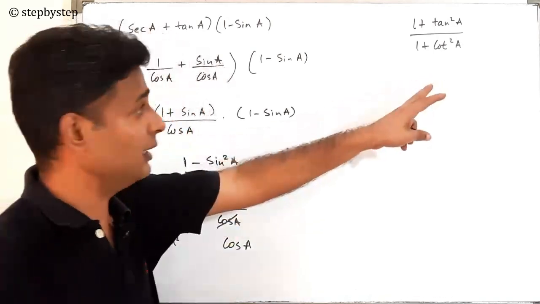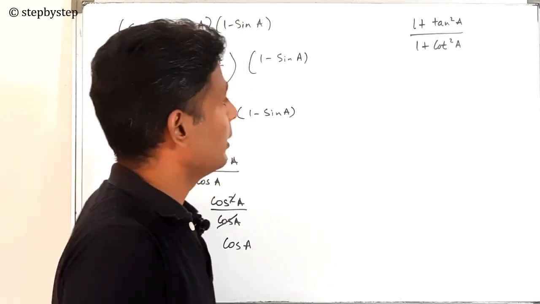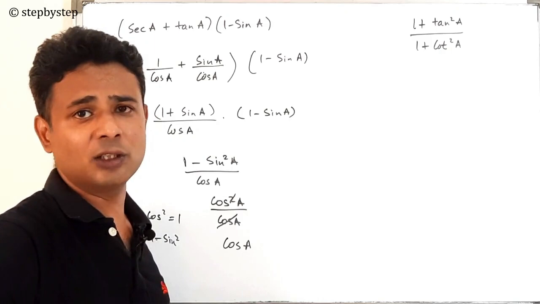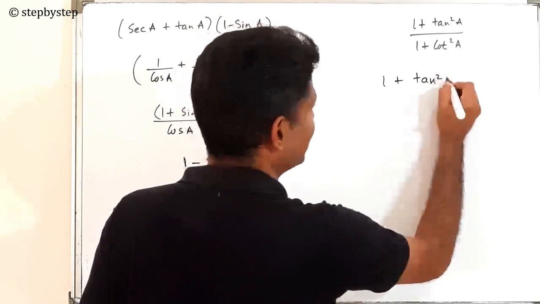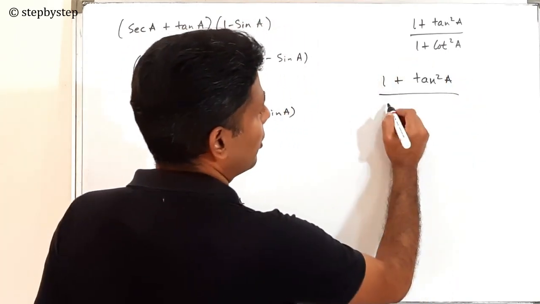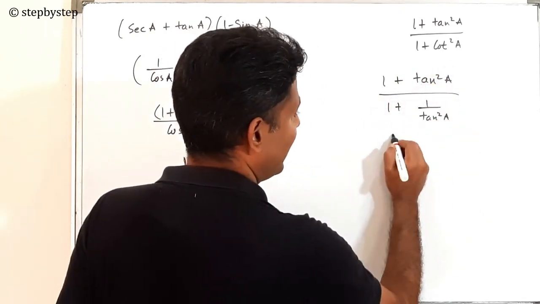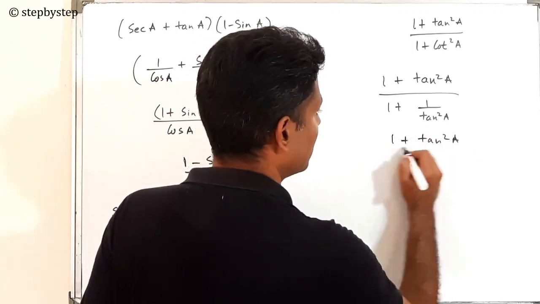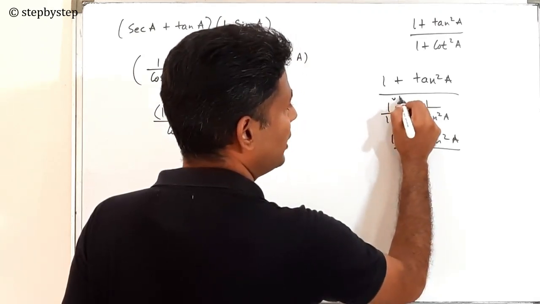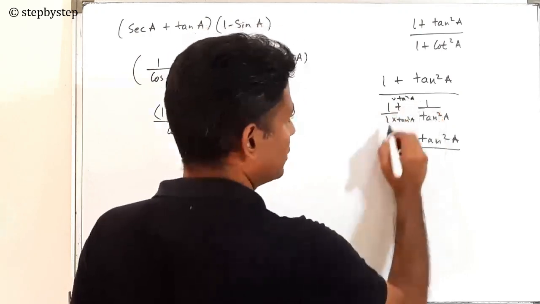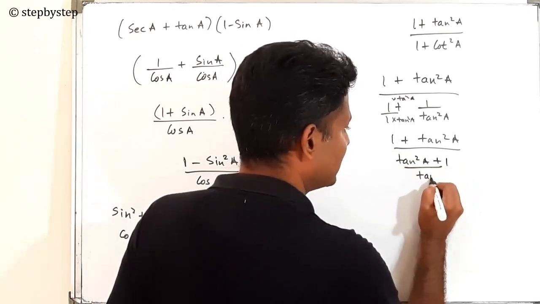Okay guys, now the fourth sub question, they have given you (1 plus tan square a) by (1 plus cot square a), right? Now I will not even bother checking what is on the right hand side because it's a very simple problem. I will do this without seeing what is there on the right hand side because I know how to simplify. Cot square a can be written as 1 by tan square a, right? Now when I take LCM down here, this is by 1. So what is LCM? Tan square a. So into tan square a, up also I have to multiply into tan square a, right? So what do I get? Tan square a plus 1 whole by tan square a.